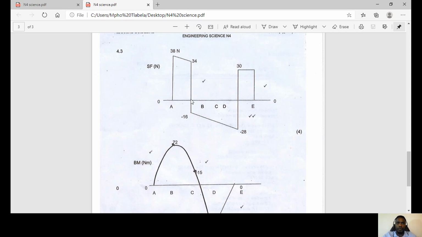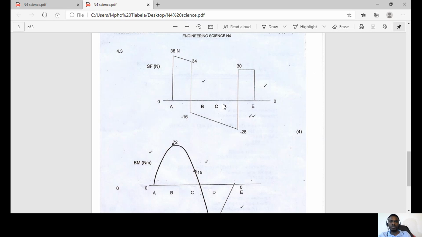At 34 is at B. B is pointing down 50 kilonewtons. You must go down 50. You already have got 34. To get to 50, you need 16 more. That's why it's on the negative side. Right, and from B,